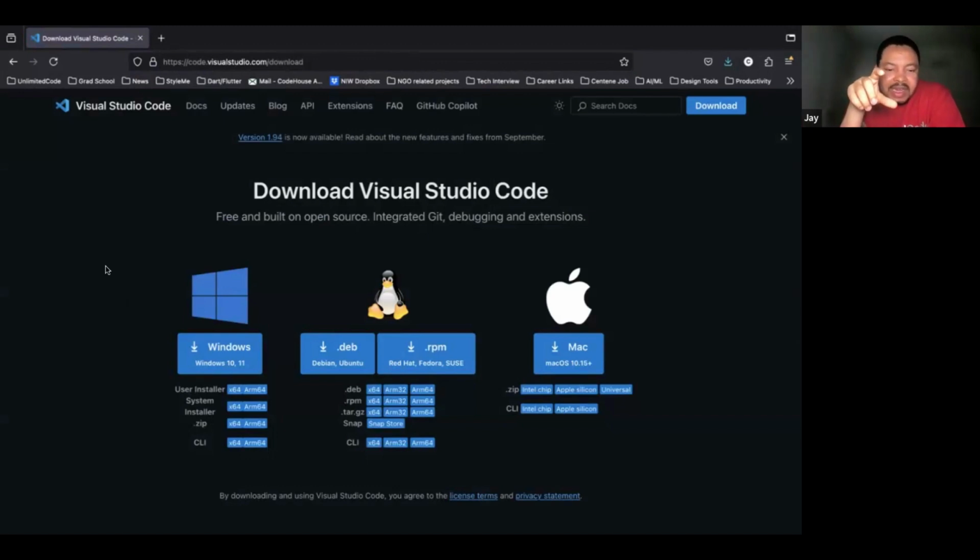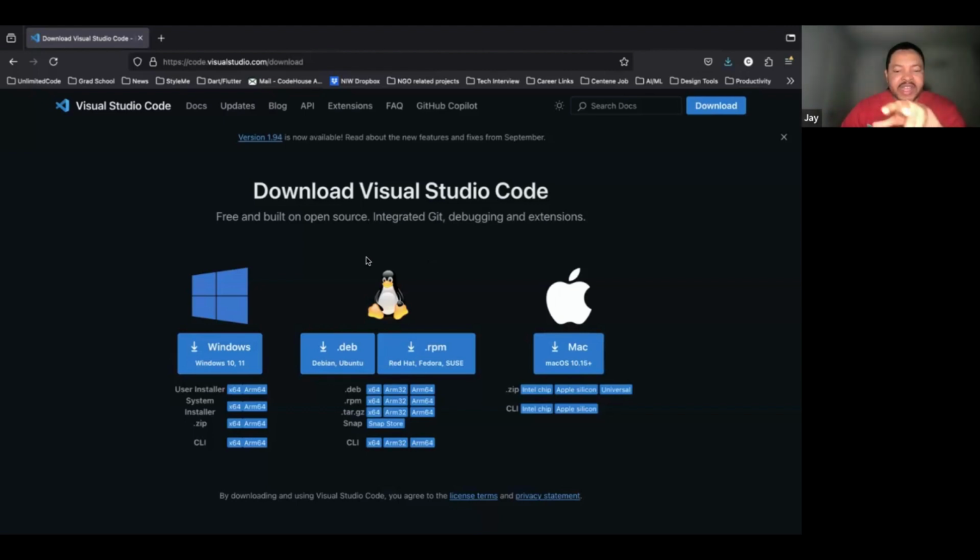There is the link for Windows, one for Linux users, another link for Mac users. For those on Windows, you click on the Windows link. For those on Mac, click on the Mac link. For those on Linux, click on either the Ubuntu version or the Red Hat version, depending on your Linux